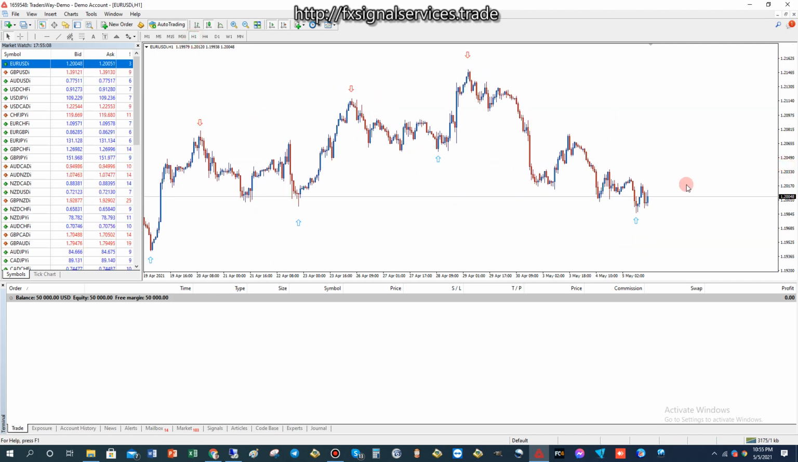Yes, you could buy on the smaller time frames and make some profit, definitely. But to be 100% safe, I want to sell only. All right. So now